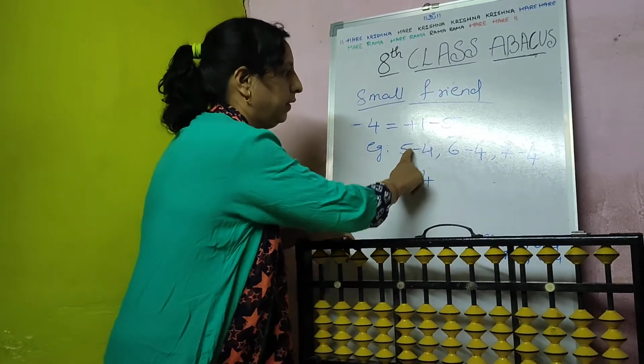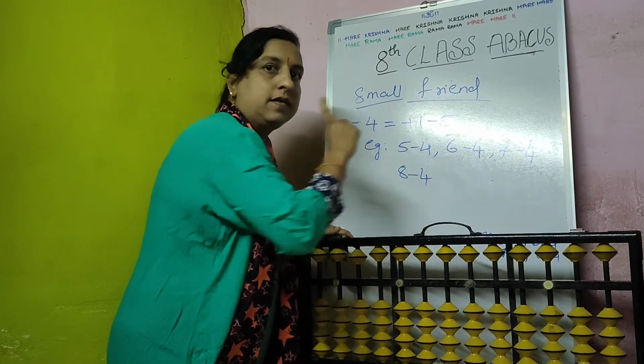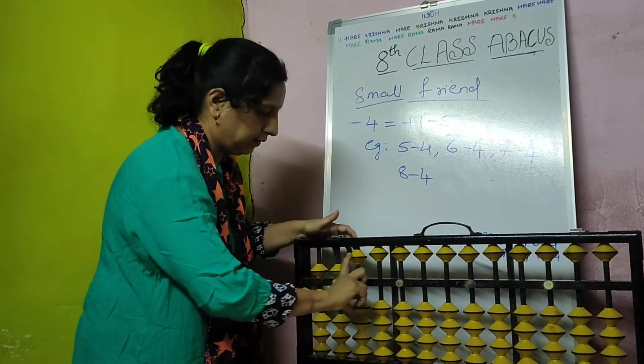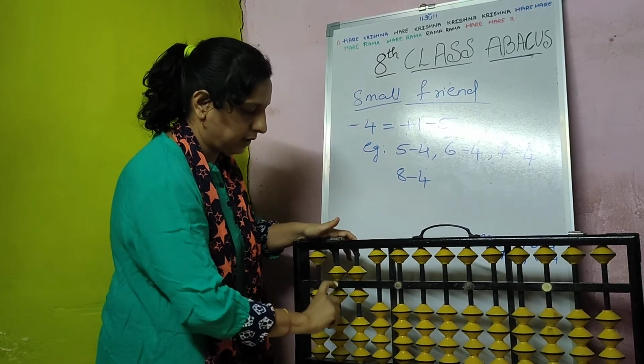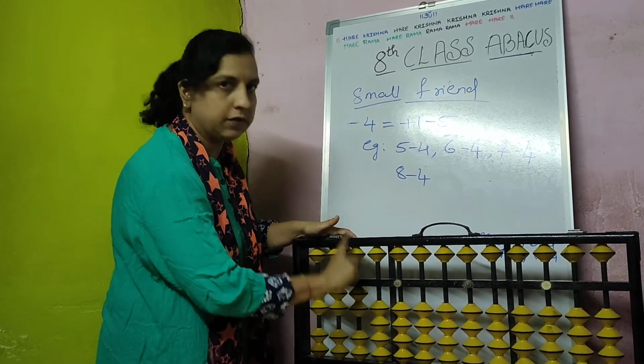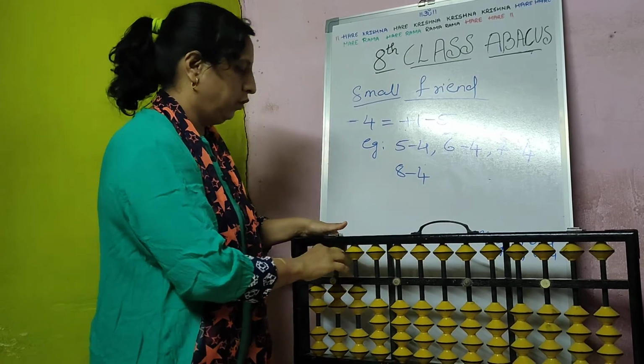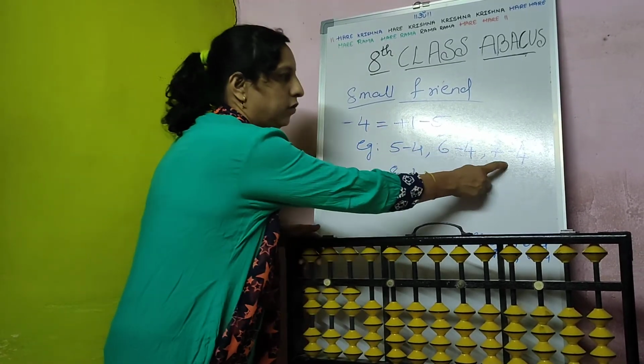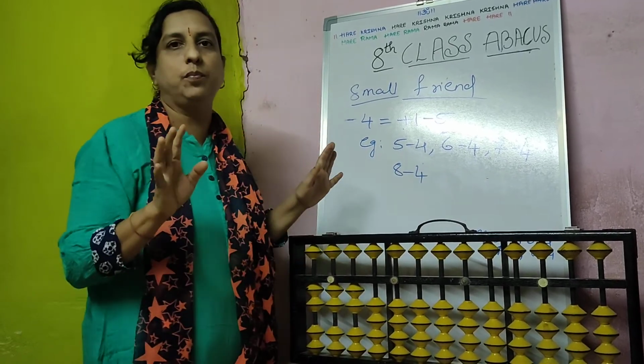You have to practice this 10 times. Then afterward go for 6. You set 6, 6, 6 like this. Then plus 1 minus 5, plus 1 minus 5, like this. Then 7, 7 you set it. Then again plus 1 minus 5. All these examples you have to practice 10 times.